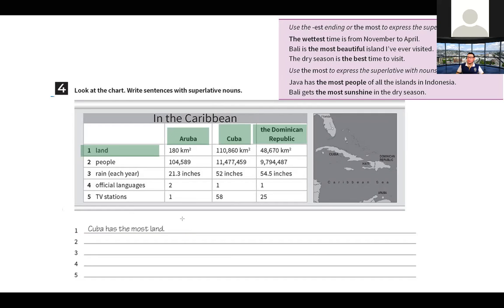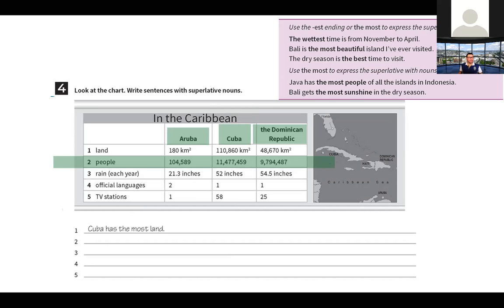Okay. Now, what's about the people? You look the people. Aruba, Cuba, and the Dominican Republic. What do you think? Which of these countries has the most people? How can you do this? Come on, tell me your answers. Vamos.